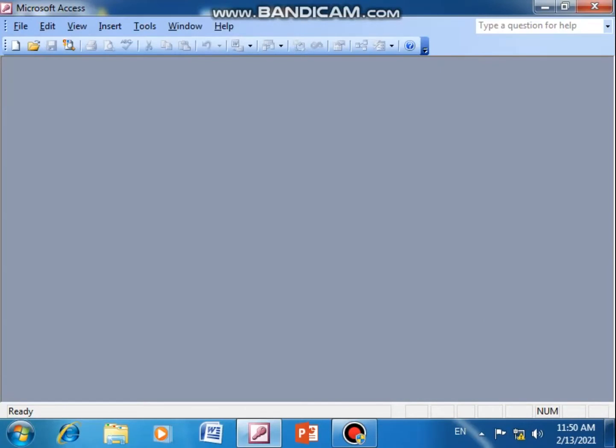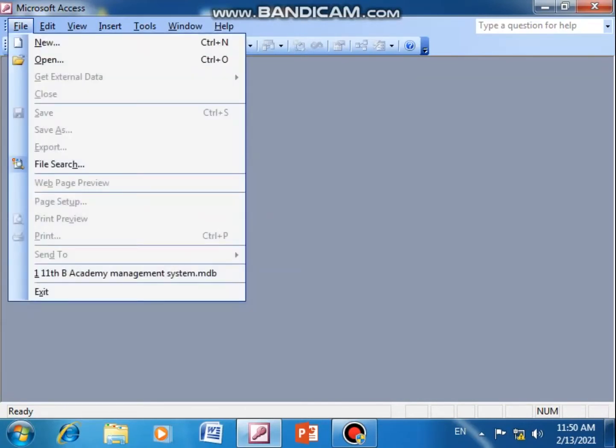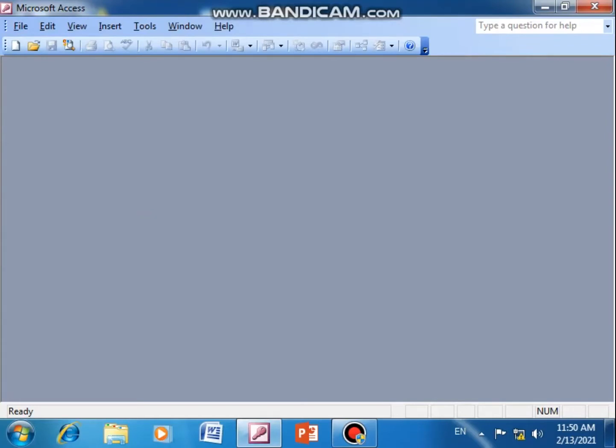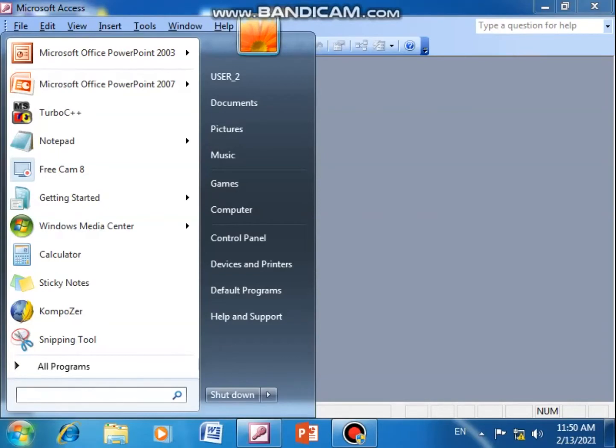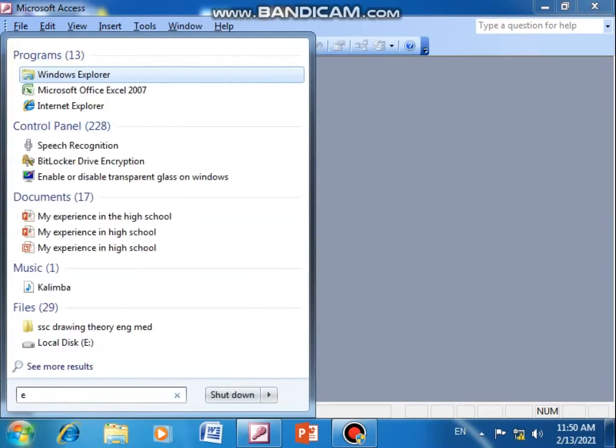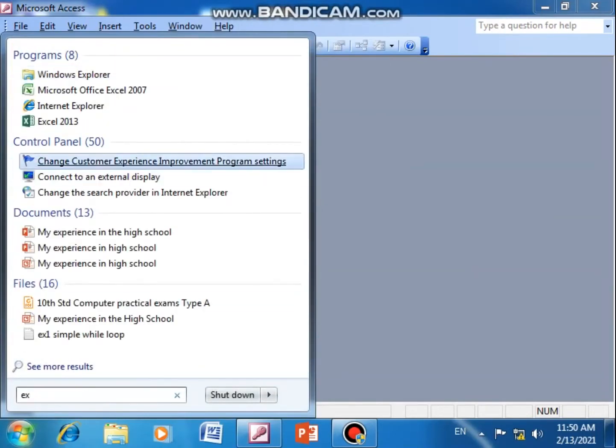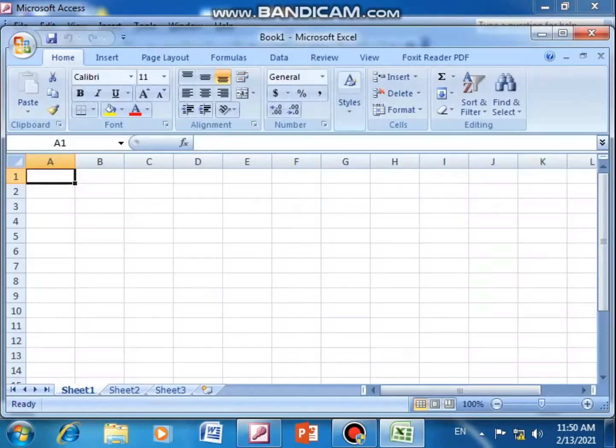Now first thing I have to do is I have to click on file menu and new option. Now see, the difference between database software and other softwares are, suppose if I open Microsoft Excel program to create a table, if I open this Excel, then what will happen? Here you can type anything. This is already created, right? Blank file already gets created and you can type anything and you can save it later.